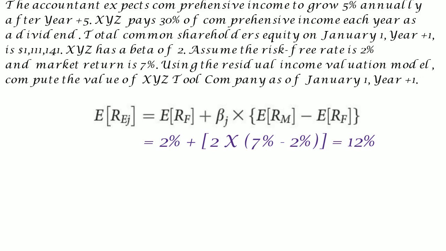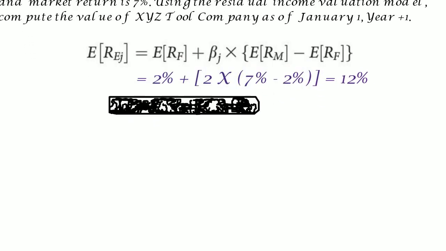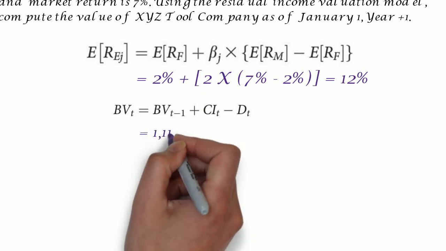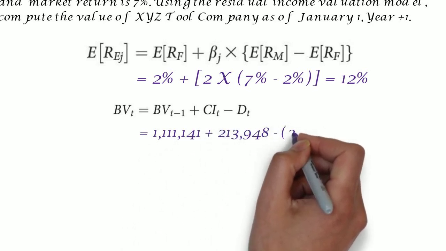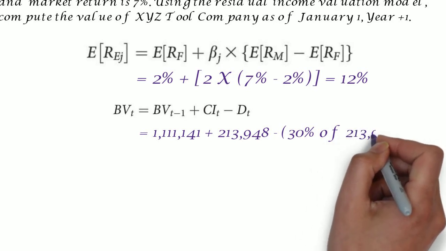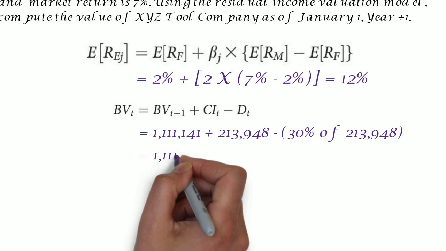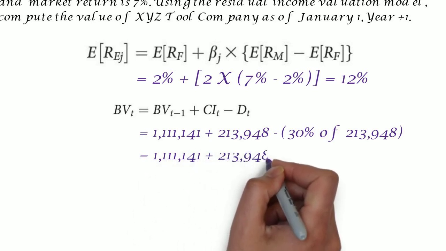The next step is to calculate the common shareholder equity at the start of each year. We use the following formula to do that. Total common shareholders' equity at the start of year plus 1 is $1,111,141, and the forecasted income for that year is $213,948. Question also tells us that the firm pays 30% of net income as dividends, which for year plus 1